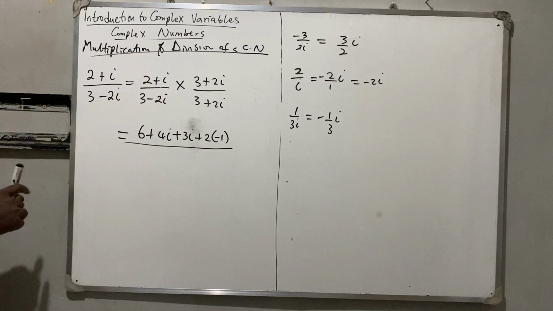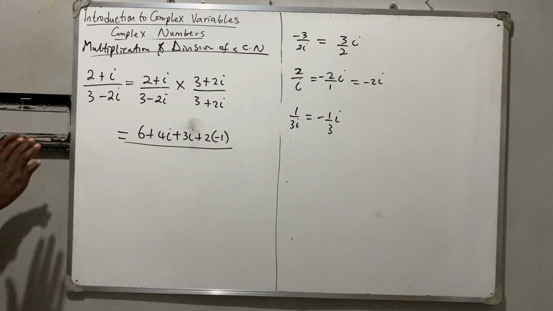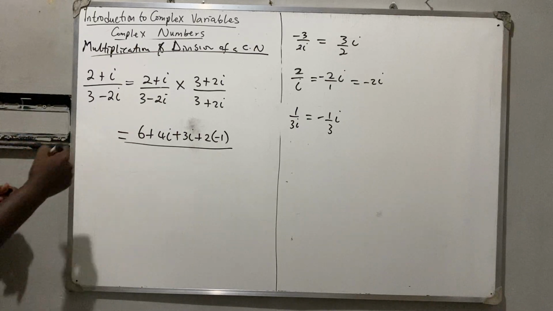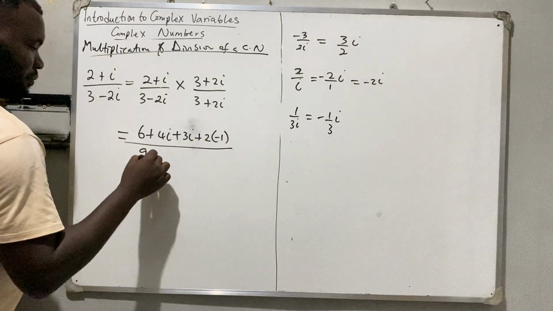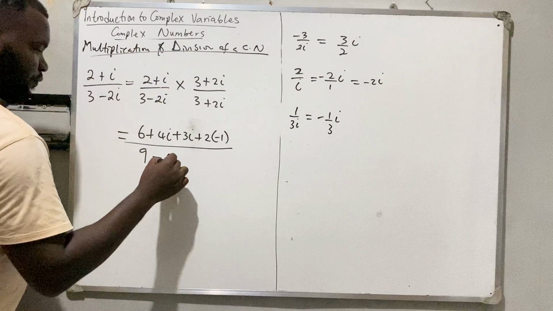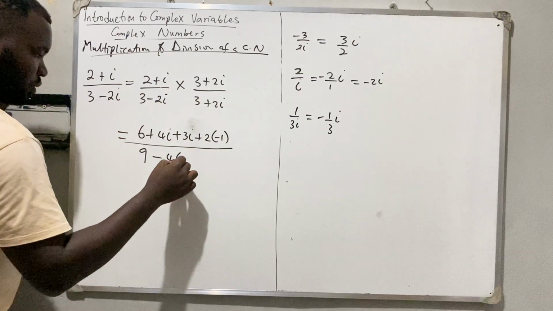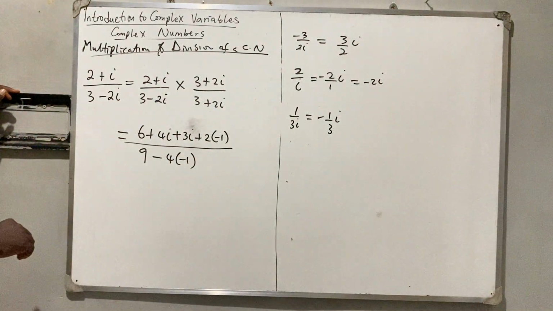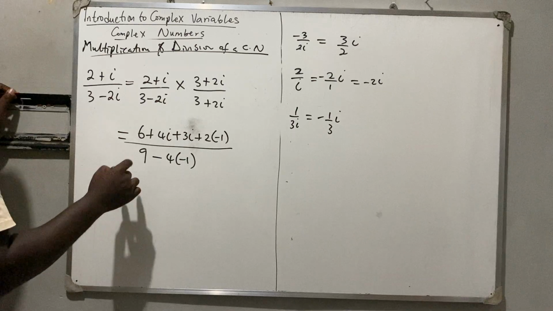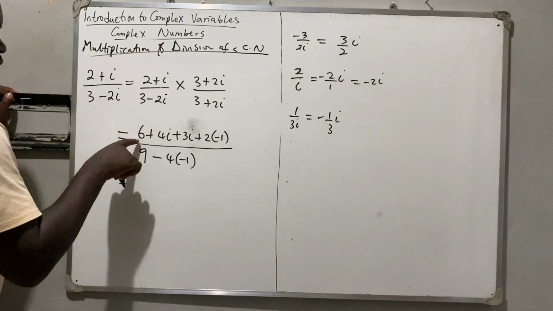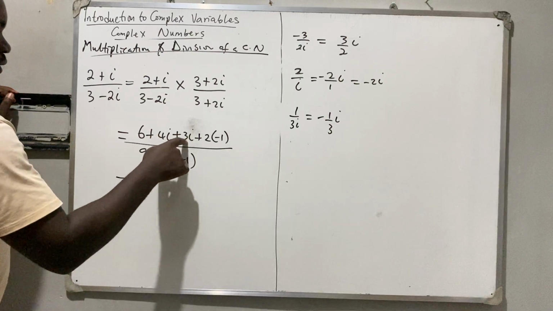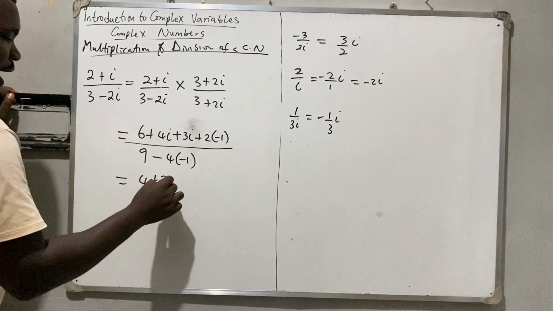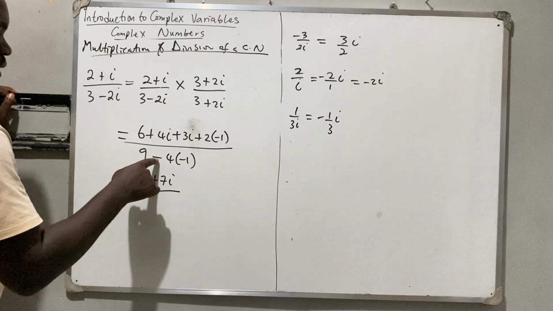I told you in the denominator, let everybody multiply their lookalike. So first of all, 3 times 3 is 9. Minus times plus is minus. 2 times 2 is 4. I times I is minus 1. So that is how you do that easily. So this is now minus 2. So 6 minus 2 will give you 4. 4I plus 3I will give you 7I all over